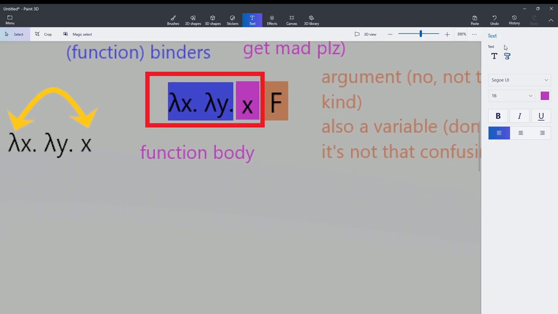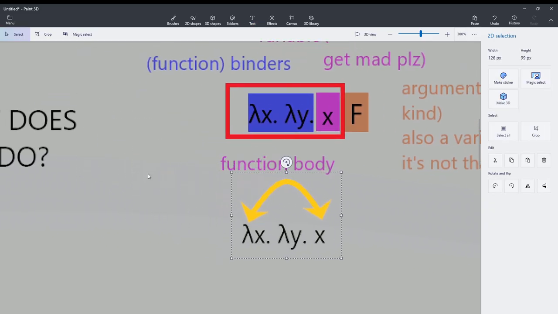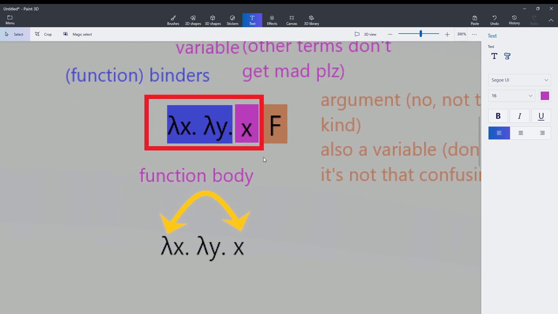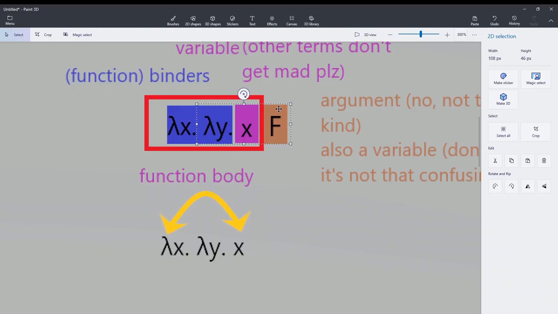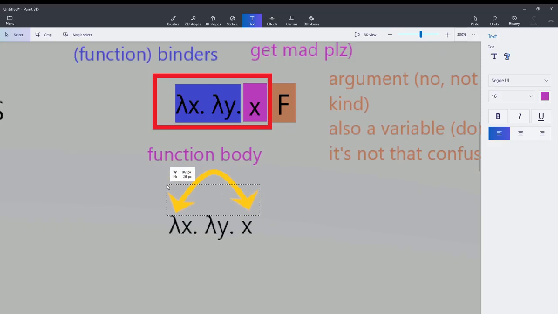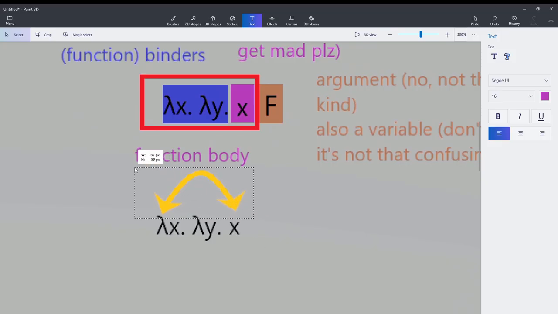So what's going on here is we have a lambda x, lambda y, and x, and argument f. Now, what happens next is this. So that's what happens next, and then this turns into, well, hold on. That is sort of what happens next. I'm forgetting a crucial step. This is how those two relate to one another, but what actually happens next looks more like,